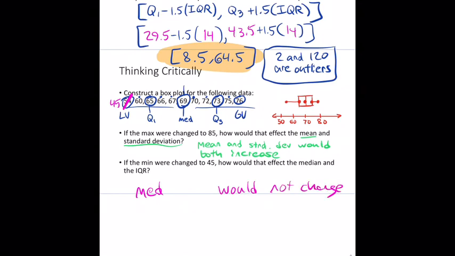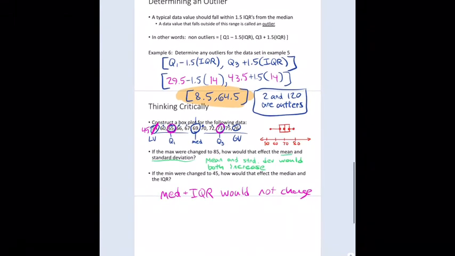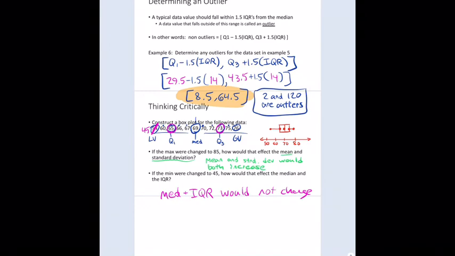Notice I left a little gap there because we're going to notice the same thing about IQR. Changing 54 to 45 is not going to change Q1 or Q3, which are what's used to find the IQR. So the median and the IQR would not change from changing the minimum, or in this case even the maximum. And that's all for this lesson. You'll get more similar questions throughout the homework that will force you to think about, if I changed one of the numbers, how would the statistical measure